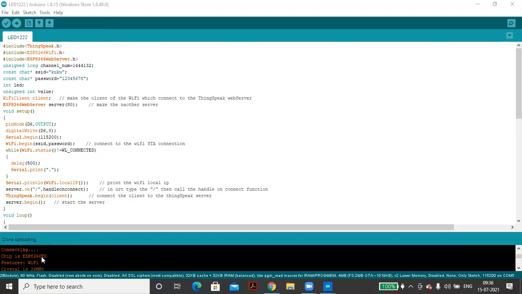If you see the minute details over here, your chip is the ESP8266EX, with Wi-Fi feature. The oscillator is 26 MHz. The MAC address is available. The flash memory is 4 MB. How many bytes were written, what percentage was written in the memory, you can see here. Minute details are there. At what rate it was uploaded, the data rate, you can see here. So these are the things.